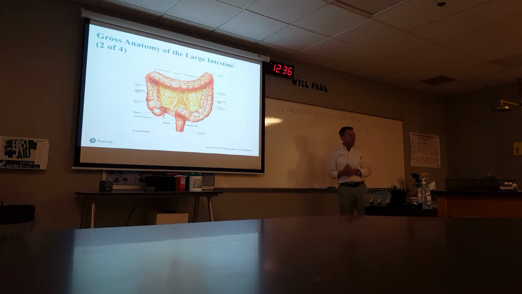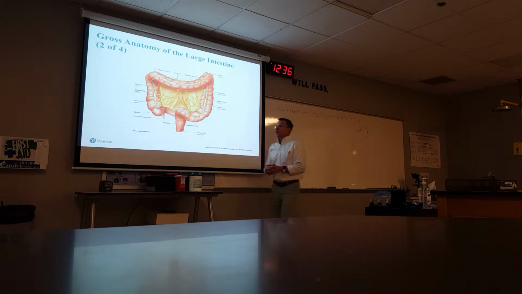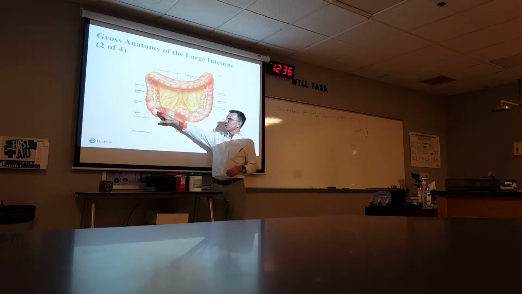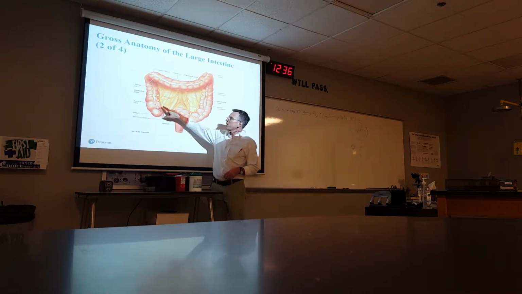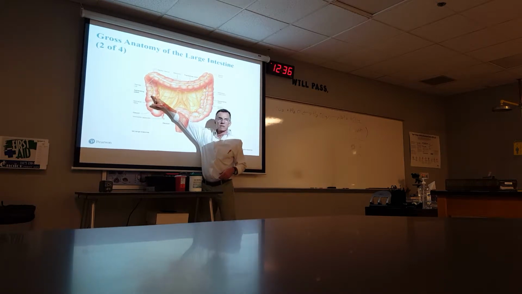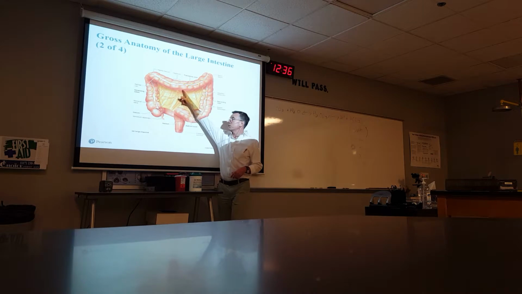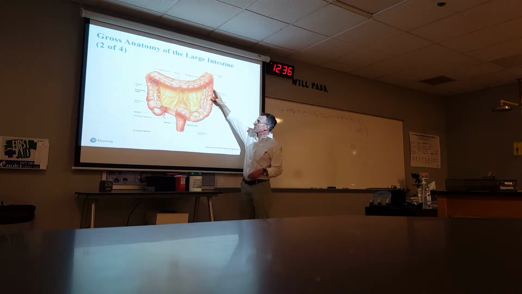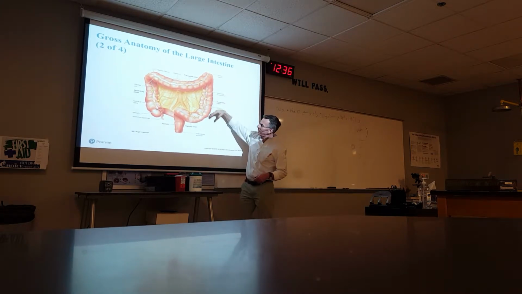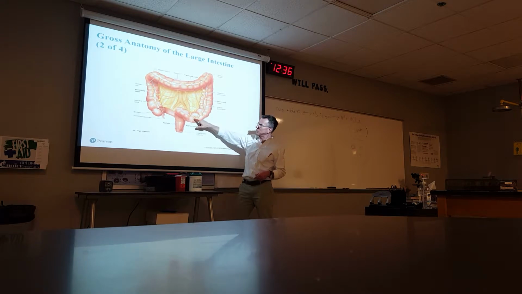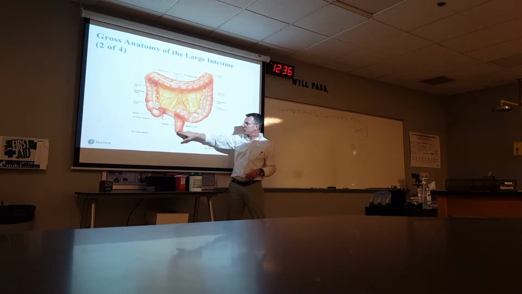Anatomically, let's take a look at this. This is what you did in lab this week. This blind end pouch right here is called the cecum. Attached to the cecum is the appendix. From the ileocecal valve on up is the ascending colon. That which goes across is the transverse. The part of the colon that goes down is the descending, then a 45-degree angle, the sigmoid, ending in 6 inches of rectum,